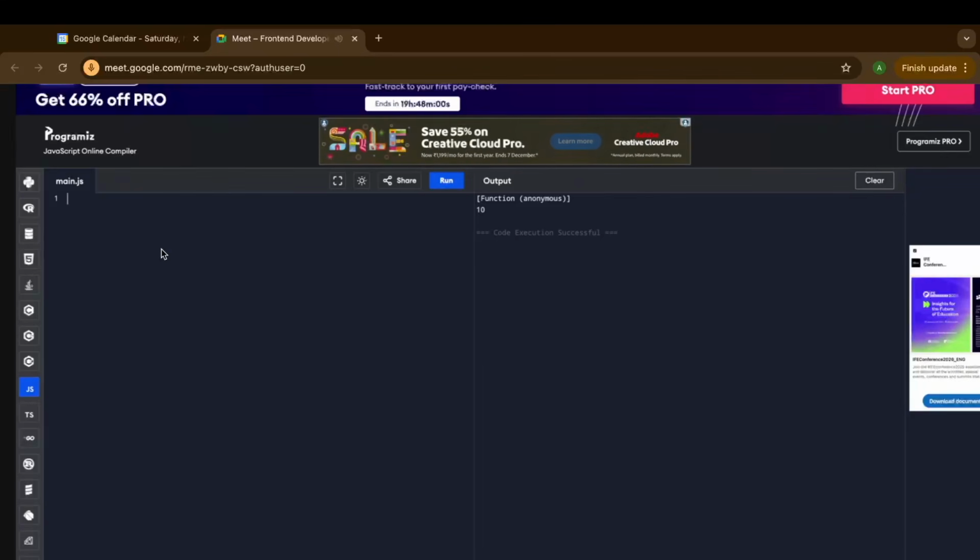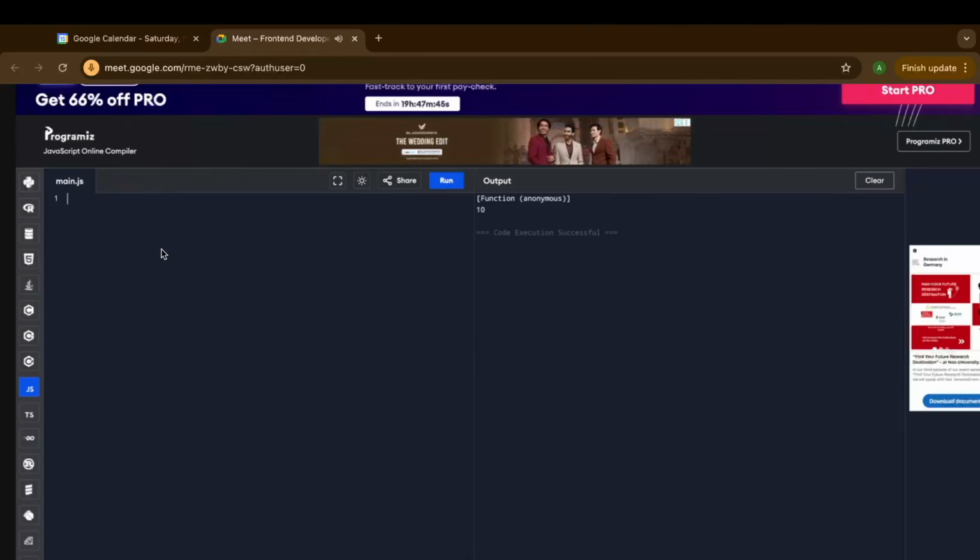Okay. What is reconciliation in React? Okay, so reconciliation is basically the process where React keeps on comparing the virtual DOM with the previous versions, and tracks the updates to apply in the real DOM. So this is reconciliation.